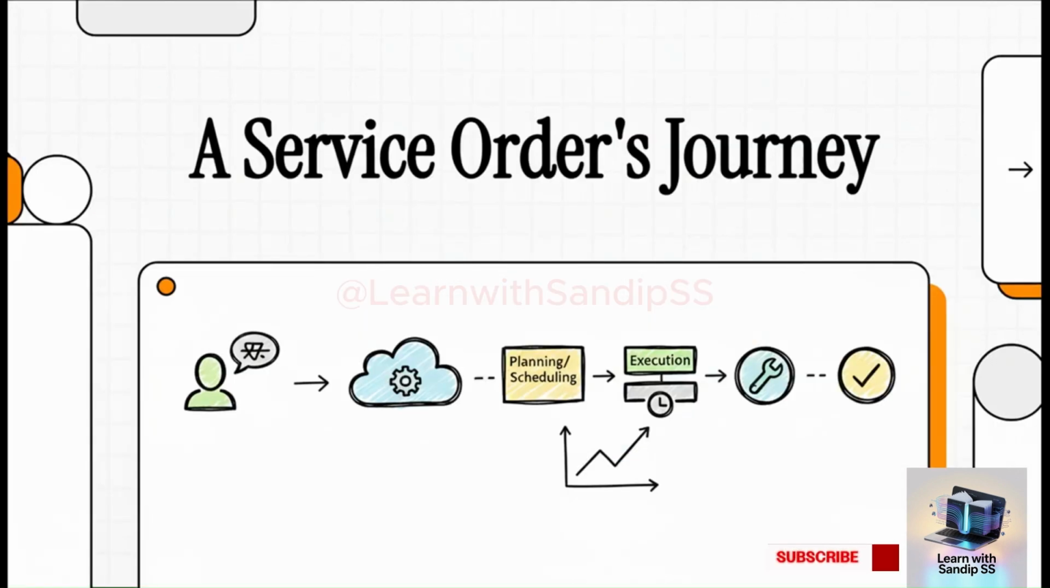Hey everyone! So in any service business, there's this really critical journey that happens every day, turning a customer's problem into a paid invoice. Today, we're going to trace that exact path